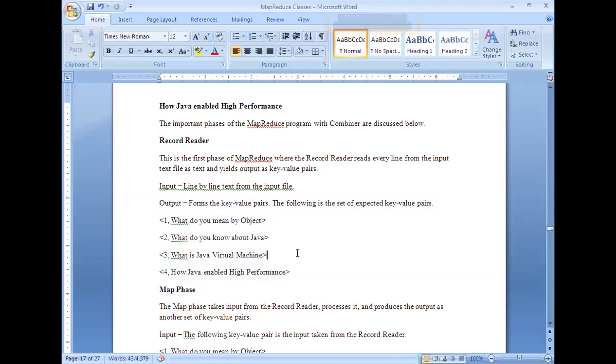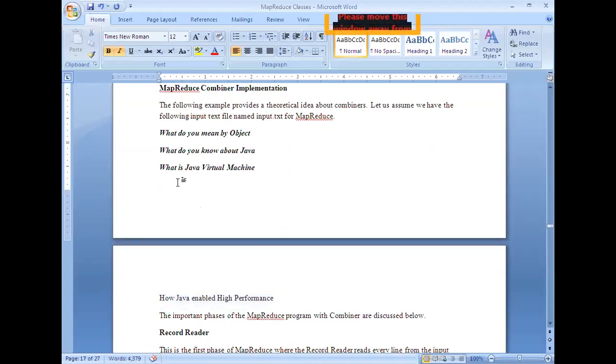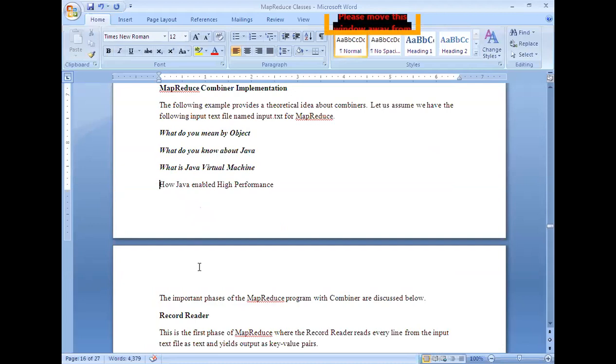Last thing, this is also a line in the given input. Due to space constraint, it was okay. These are the 4 lines. So for each and every line, the record reader will assign key value to all these things.